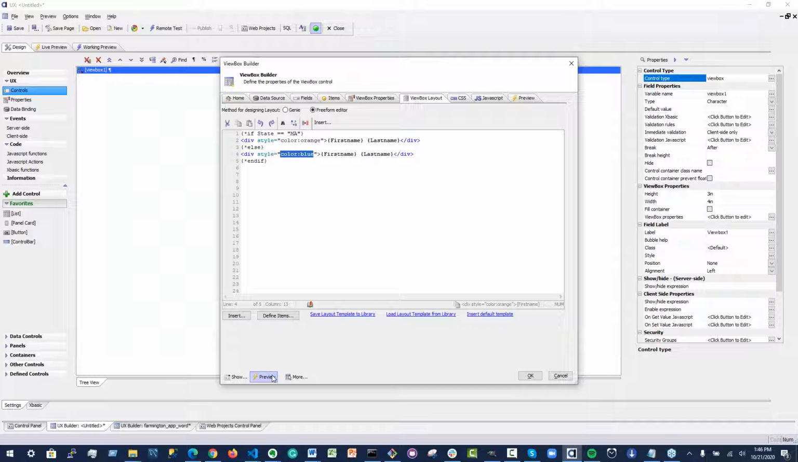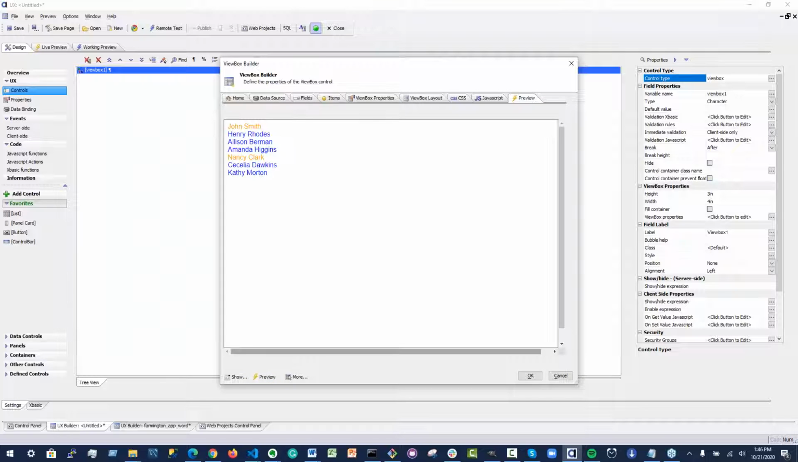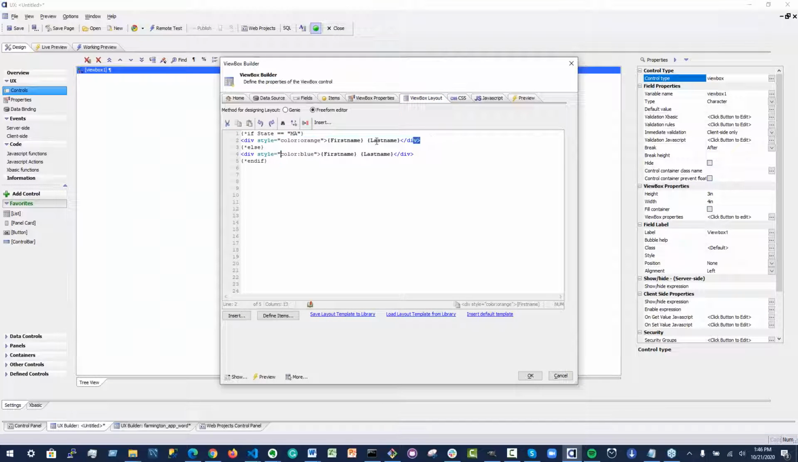And I think this will work in preview, but we'll see. There we go. So John Smith is in MA. These guys aren't. Nancy Clark is in MA, and these guys are not. So yes, not only can you do that when you're dumping out this div stuff, but you can get really crazy with this. And I believe you can do something like if state equals MA orange, else